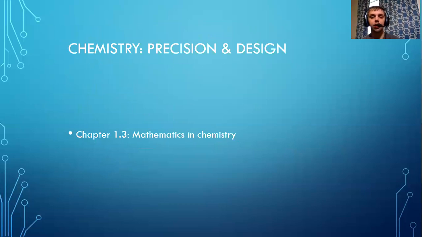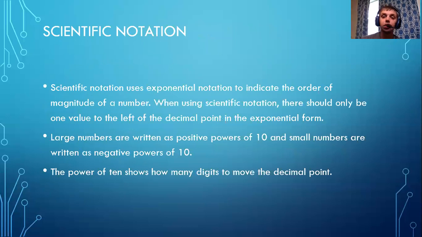Okay, now let's talk about the mathematics in chemistry. We use what's called scientific notation. This just uses exponential notation to indicate the order of magnitude of a number. When you use scientific notation, there should only be one value to the left of the decimal point in what's called the exponential form. Large numbers are written as positive powers of 10, and small numbers are written as negative powers of 10,